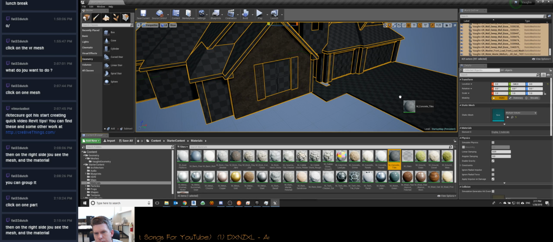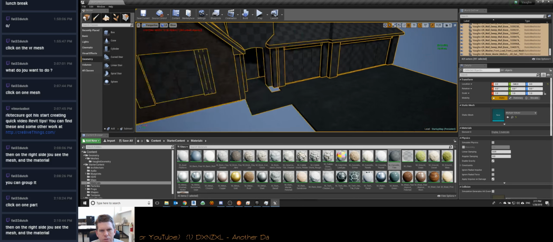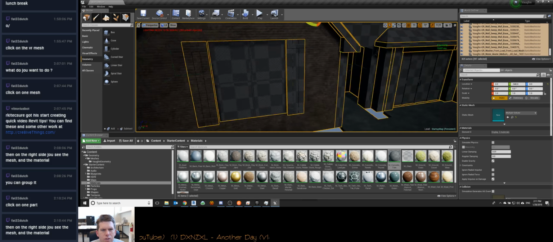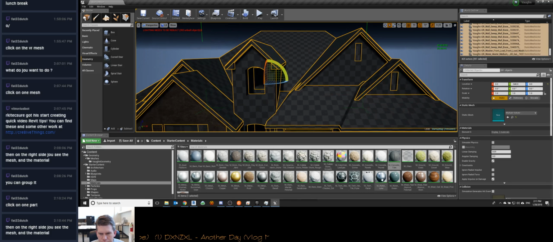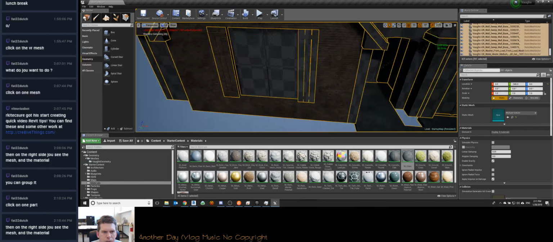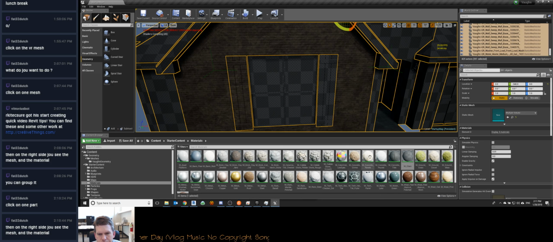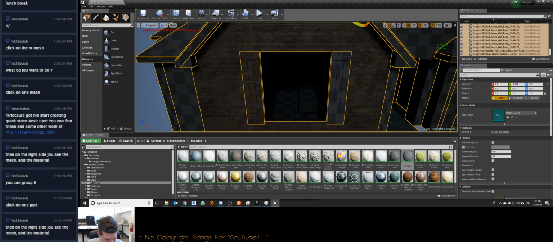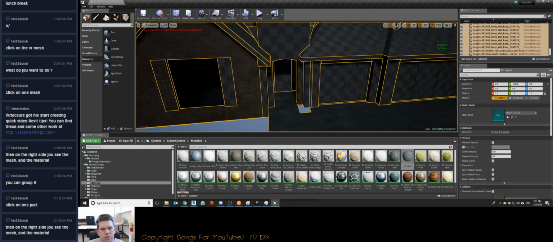See here, concrete tiles, we'll drop that on there. Or not. There it goes. Glass. Oh man. So we're gonna have to do that to all of them. Isn't really the end of the world, but